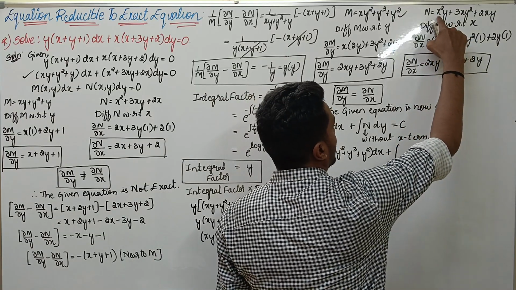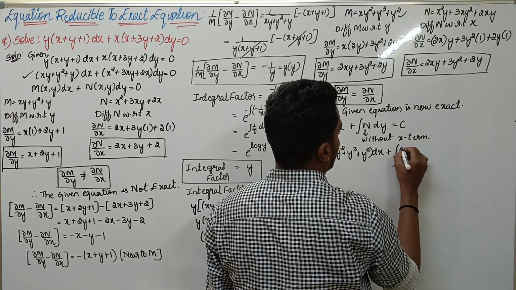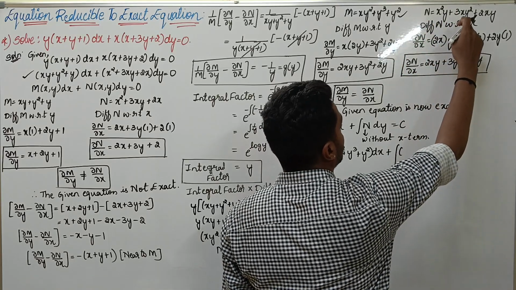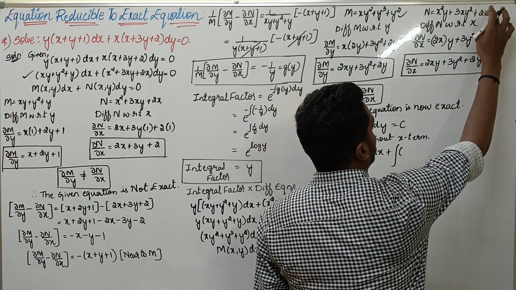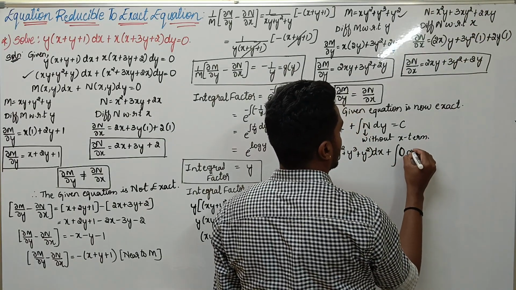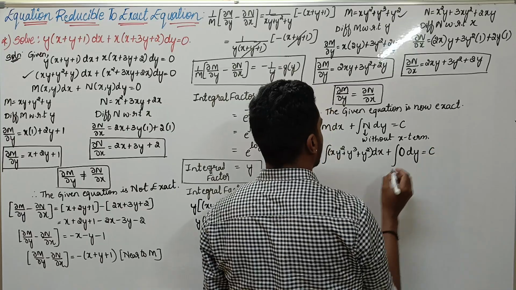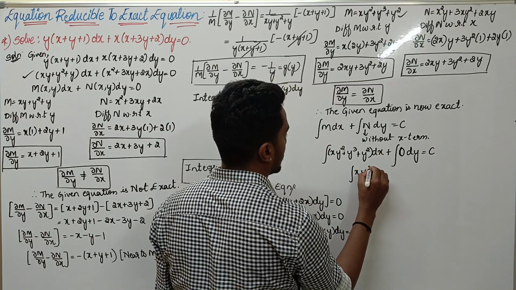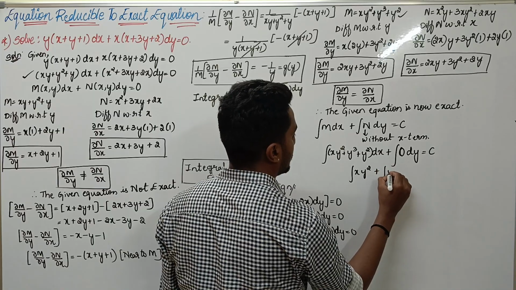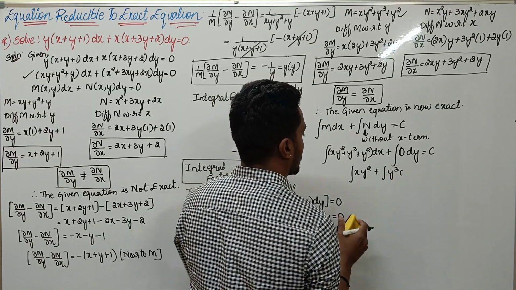In the first term we have x, so I am not supposed to take it, so this becomes 0. In the second term also we have x, so I am not supposed to take it. In the third term also we have x, so this becomes 0. Now if I integrate term by term,